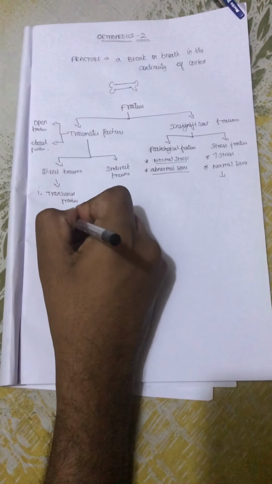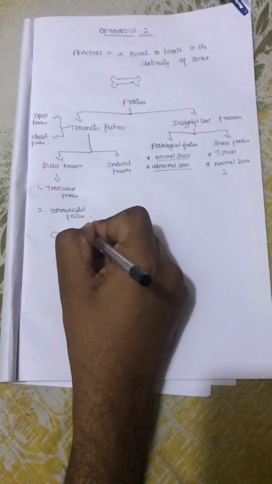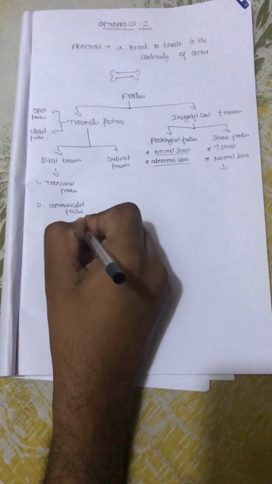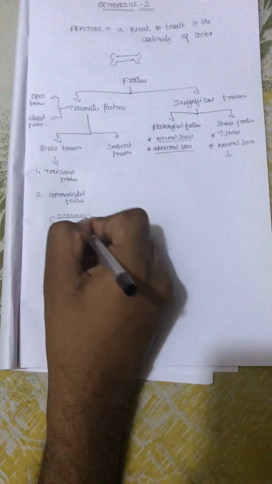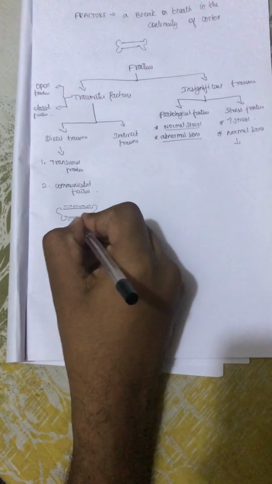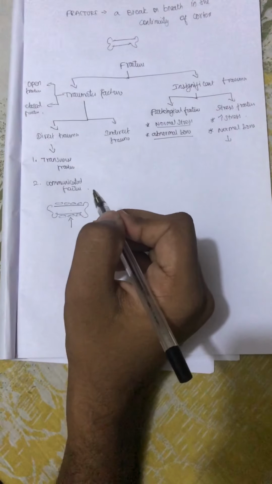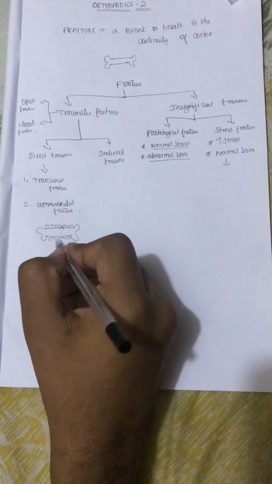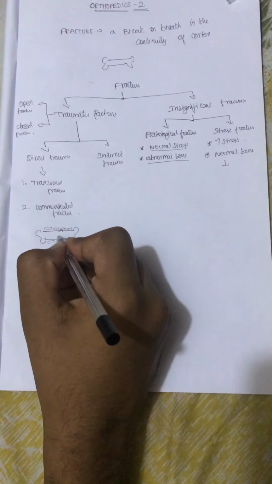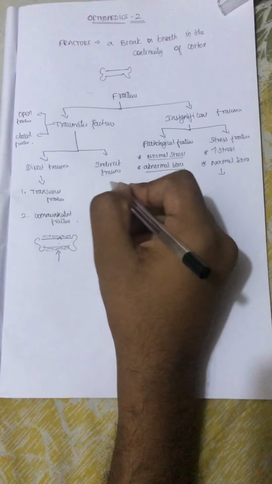If you take a bone, the bone will be here, and there will be connecting soft tissues here. If a direct trauma occurs on a bone here, and leads to damage of this bone with minimal force, that is called a transverse fracture. While if more force hits the bone and results in fracture of the bone and also damage of the surrounding soft tissue, then it is called a comminuted fracture. Then we will go into indirect trauma.